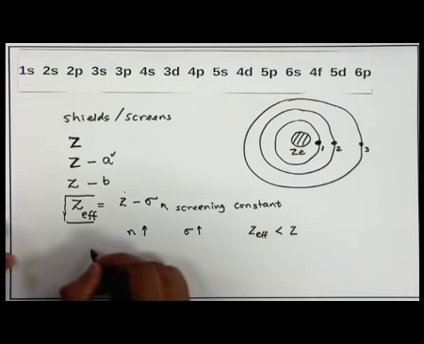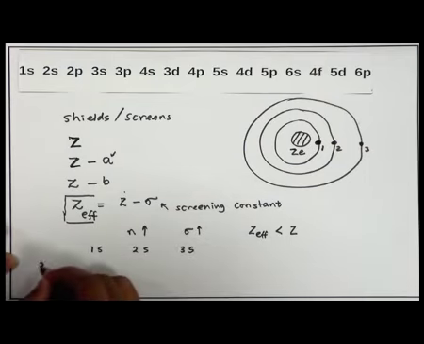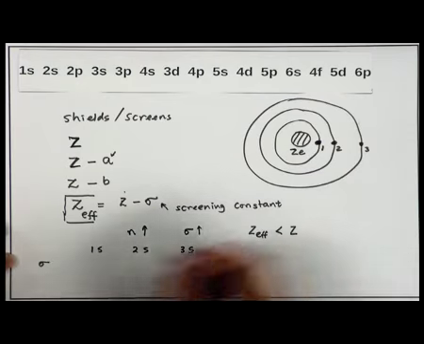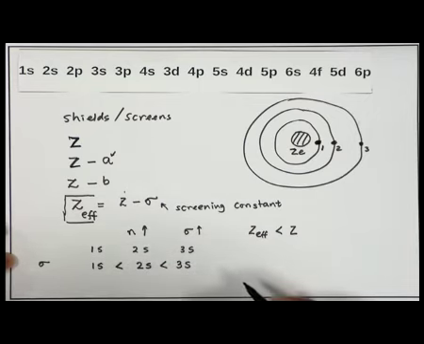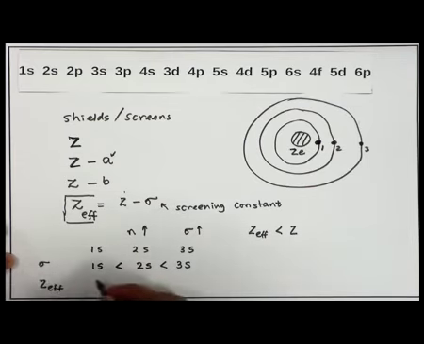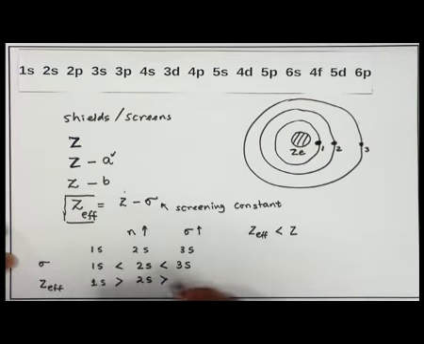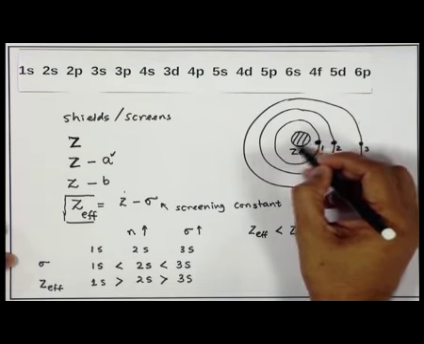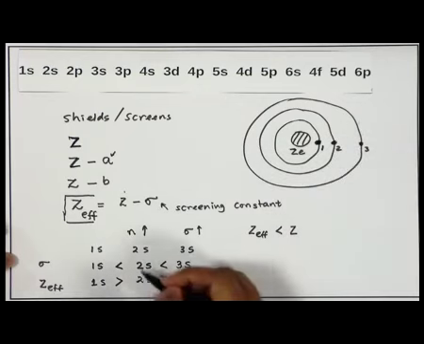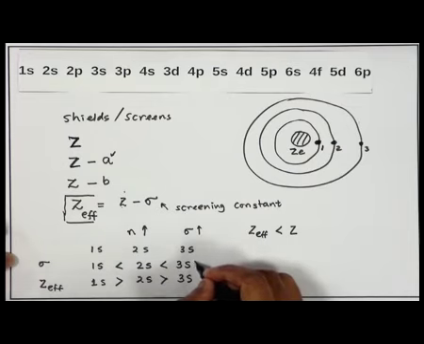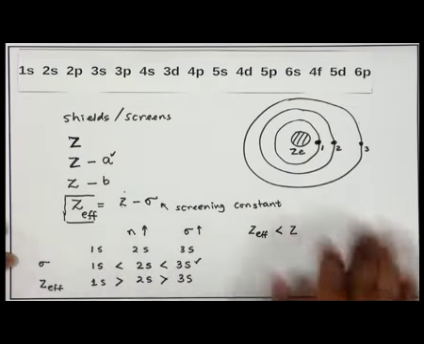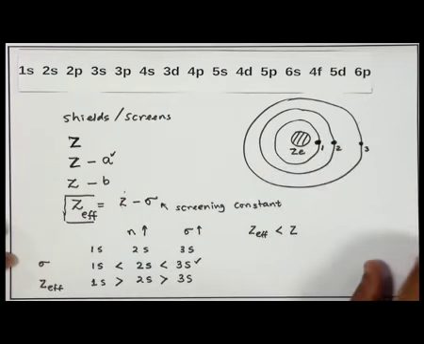So, if we compare the 1s orbital, 2s orbital and 3s orbital and compare their sigma values, we see this trend: for 3s the screening constant is much larger compared to 2s, which in turn is larger than 1s. In other words, for Z effective, 1s has greater Z effective than 2s, which is greater than 3s. What does that mean? When the electron is in the 1s orbital, it sees the full nuclear charge Z. When it is in the 2s orbital, it does not see the full nuclear charge, rather it sees Z minus sigma, and in the 3s orbital it sees Z minus sigma, but please remember that sigma for the 3s orbital is different from sigma of the 2s orbital. This explains why, as we go to higher and higher principal quantum number, the energy of the orbital